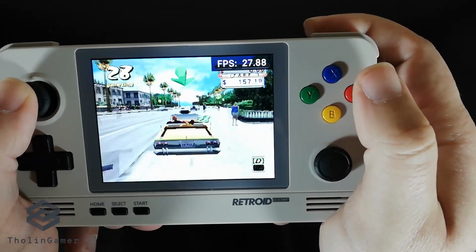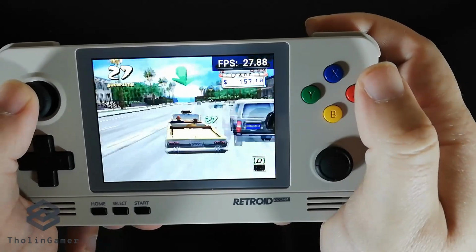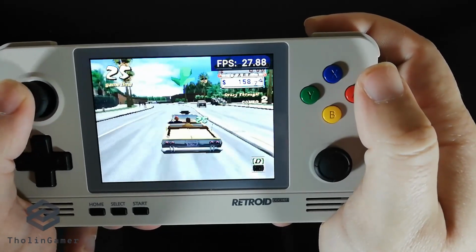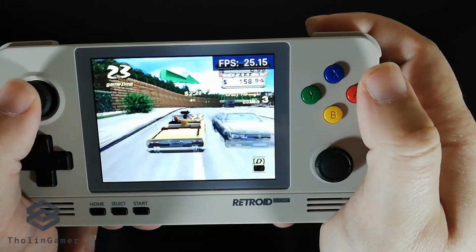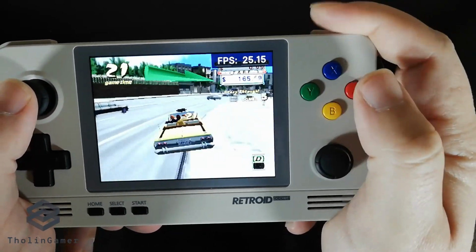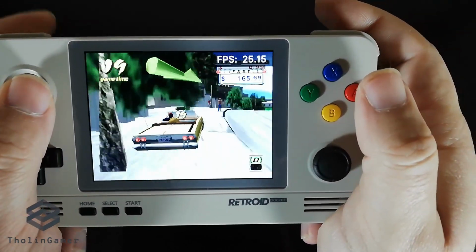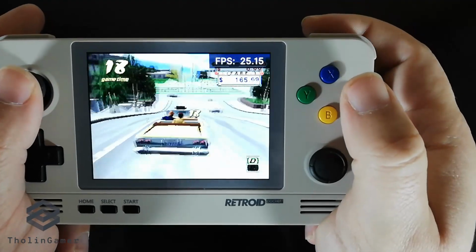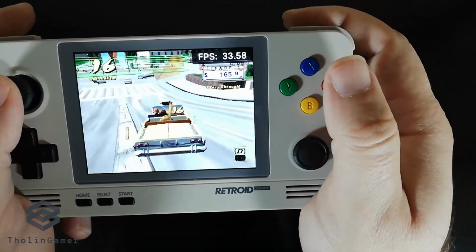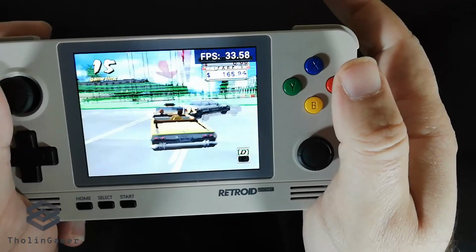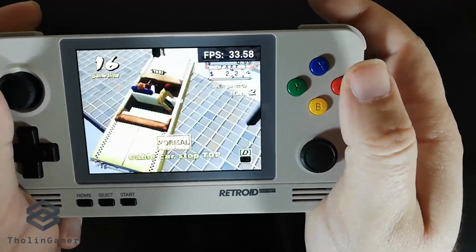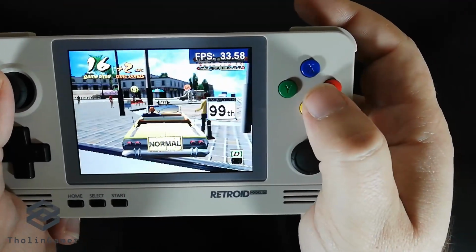The control is great. There are no frame drops or lags as you play. You can see that the speed is nice, the sound is okay. It is a bit choppy from time to time, but other than that you will not have any problem playing this game. This is our destination, so I'm going to stop here and deliver my customer.